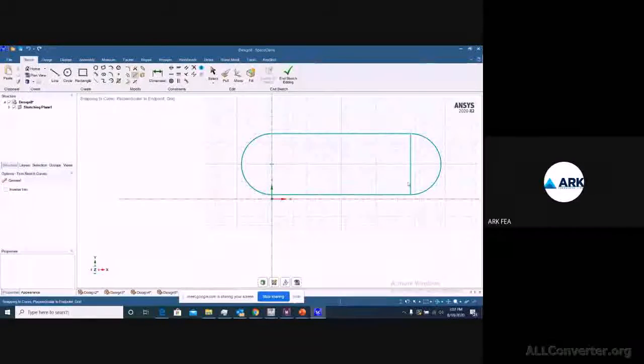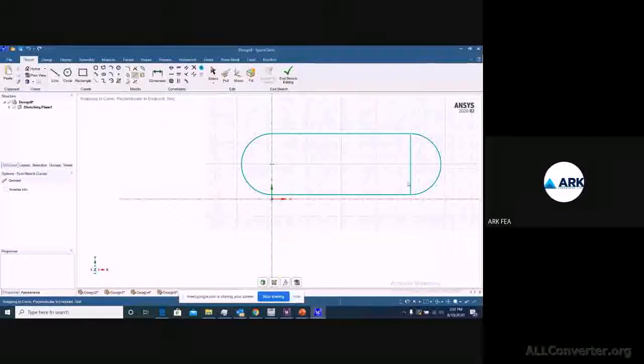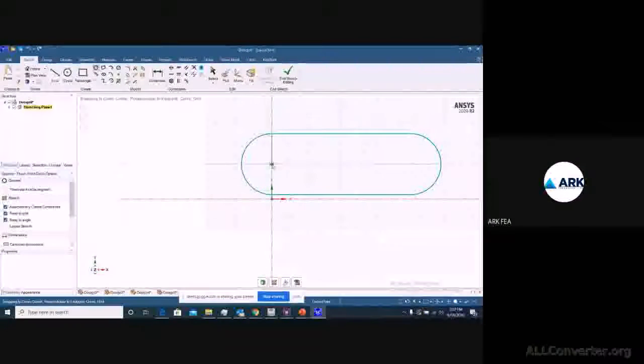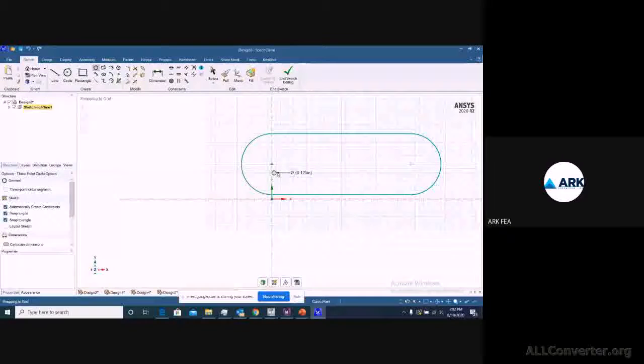We'll remove these excess lines from here, and we also had a circle existing here.